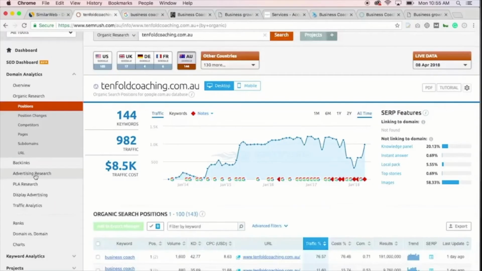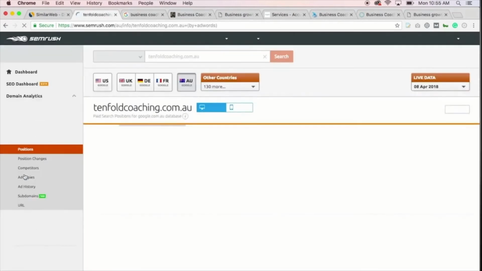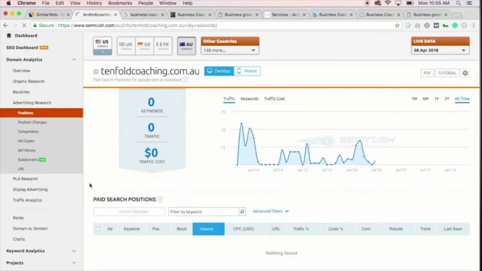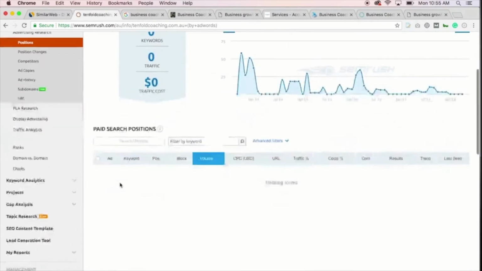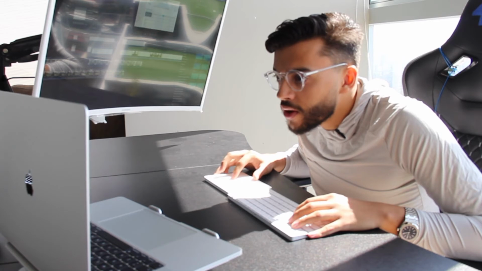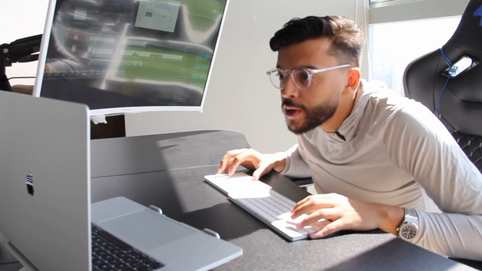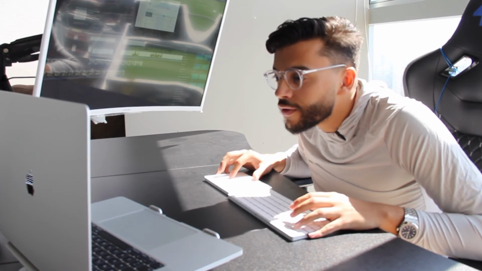And then you come across and click on the advertising research. Sometimes it will bring up all the keywords that they're currently running on AdWords and roughly what they're spending. So see this one, there's no data for this particular one, but we saw that they were running AdWords for the word business coach. So it's clear that for this competitor, the market they're going after is really those people that are clear on what they want. They're prospects and naturally on Google, specifically searching for a business coach.